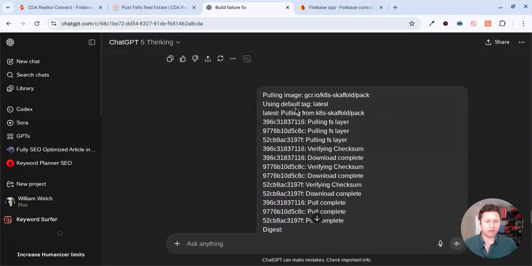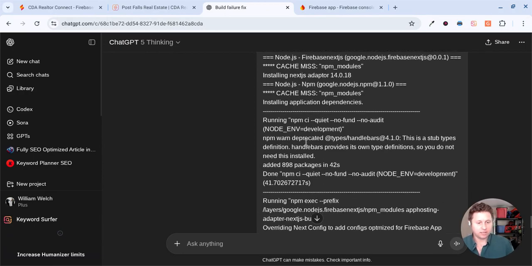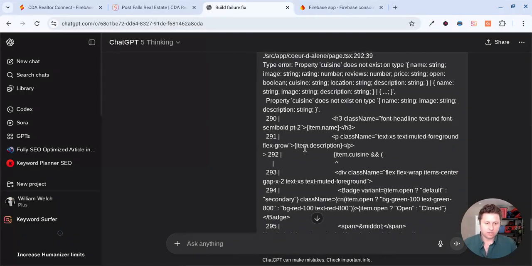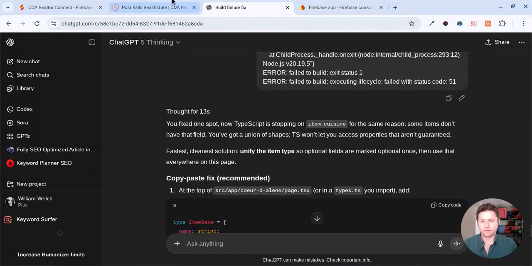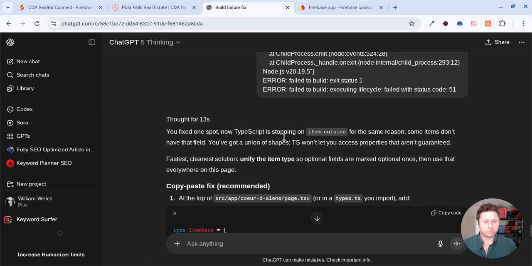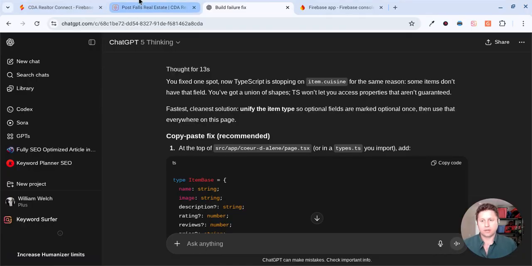And if you can see, this section is basically all of the, I don't know, code for what it was trying to publish. And the errors are in here somewhere. I don't know. I just copy and paste from Firebase, and it tells me what's going on. So it said there's this item.cuisine that's causing some issues, and what that was is